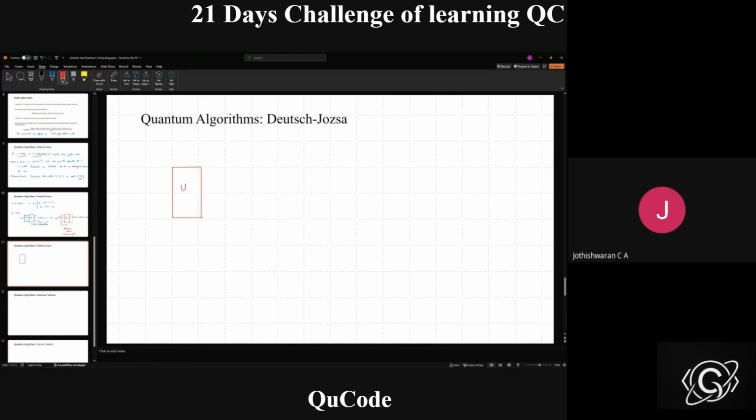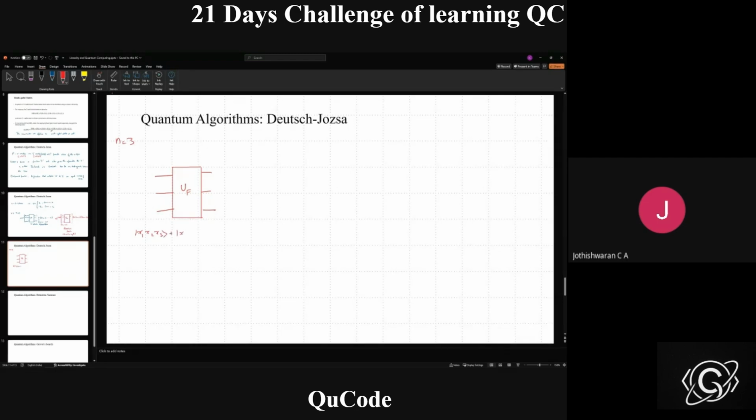Yeah, so I have UF, and let me say n is equal to 3. So I have 3 inputs, and however many inputs I have, I will have that many outputs. Now, if I were to send a state like this, x1, x2, x3